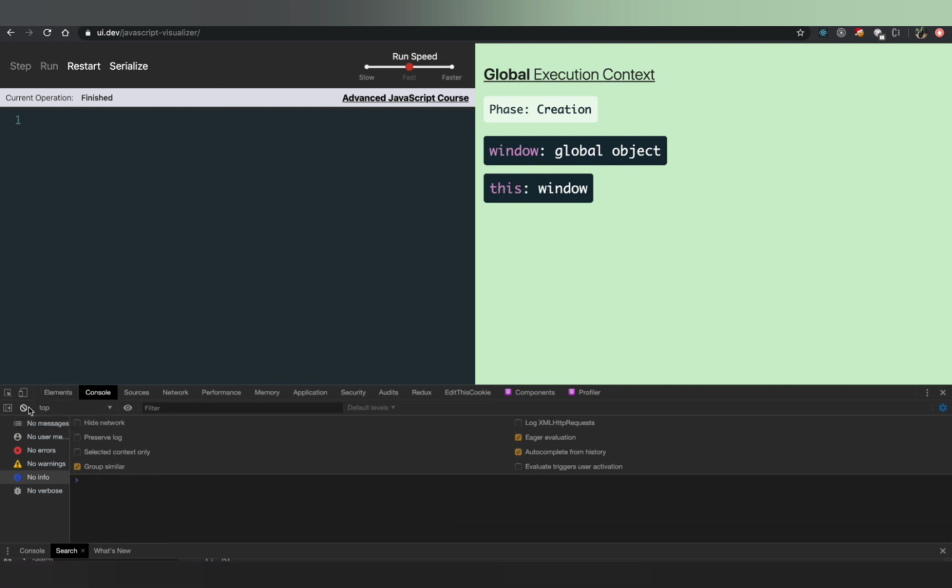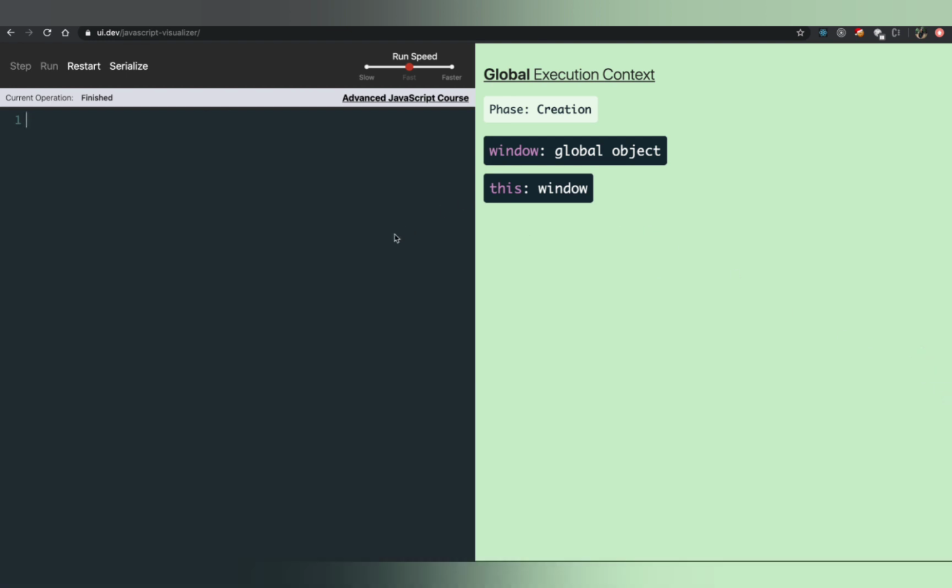To demonstrate that, let me see what actually this is. So let me say this, you can see it's also window. So let me check, is this equal to window? And you can see that it is returning true. So then why do we need two different things when window is same as this? Well, it is not going to be the case all the time. The value of this can differ, but we are going to have a closer look at this in a separate video. But for now, this is what we have to understand.